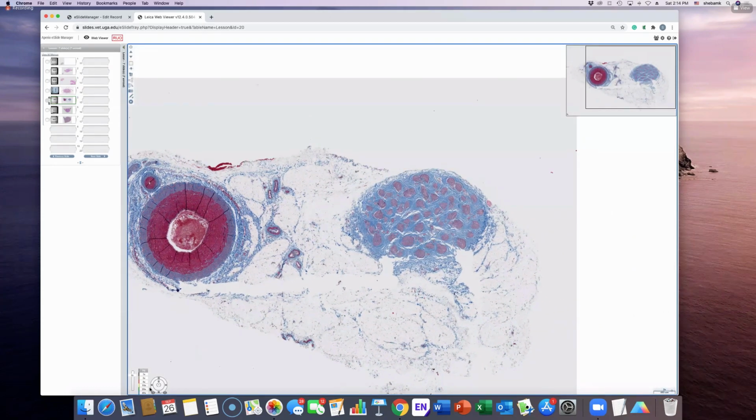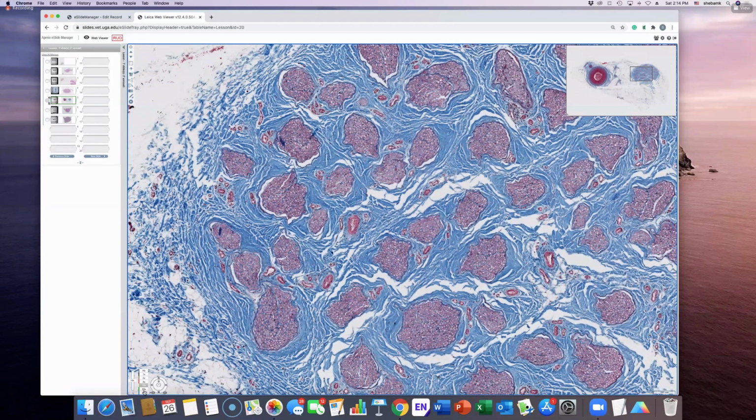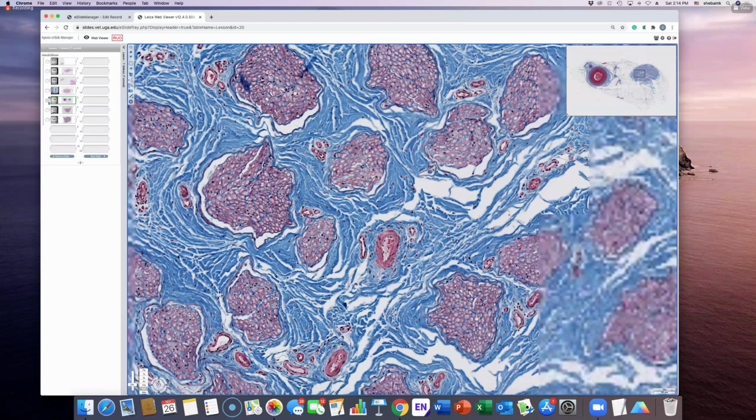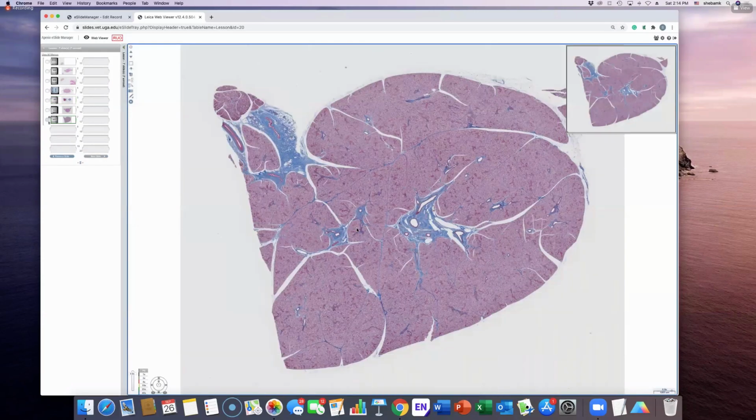So here is a cross section. So what would you call these? Myelinated? Yes, these are also myelinated, okay? Epineurium, perineurium, and endoneurium, okay? You have to know all of those. And then let's go take another look